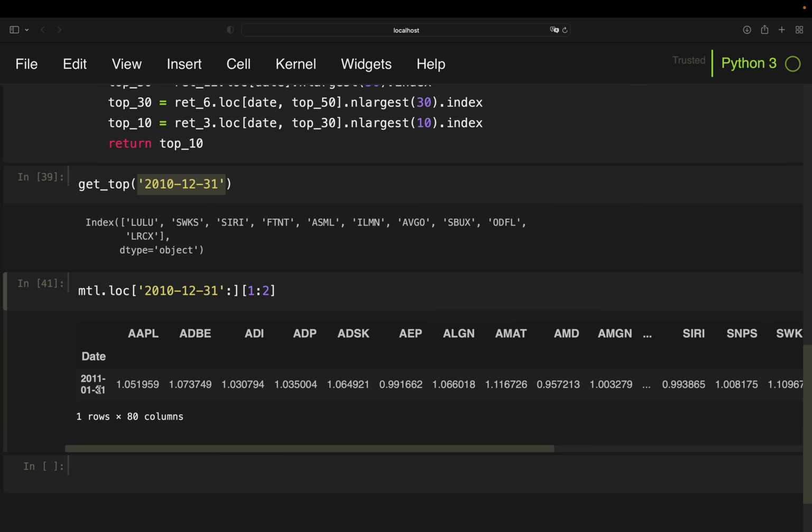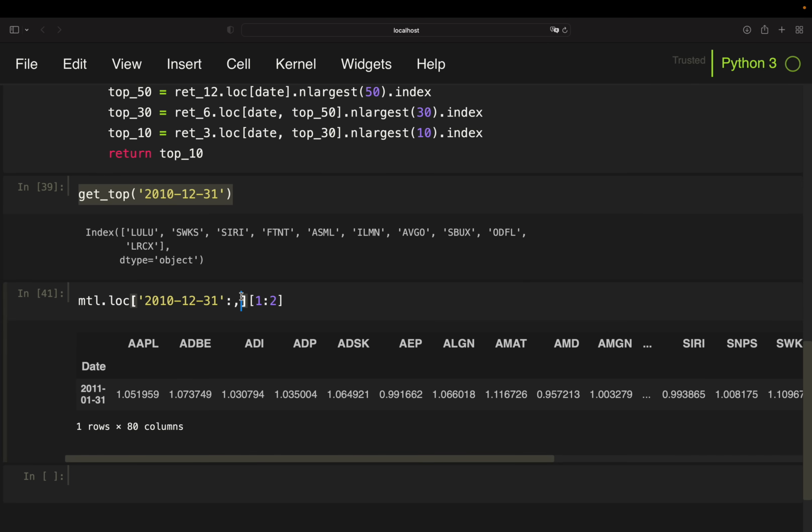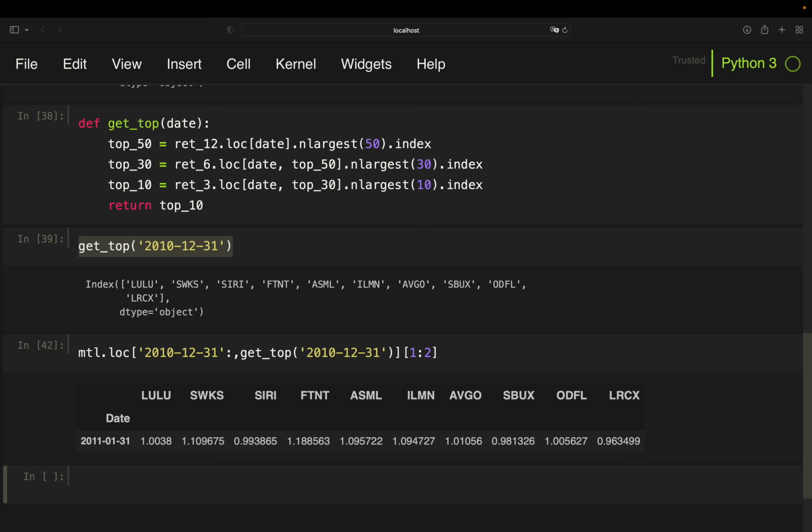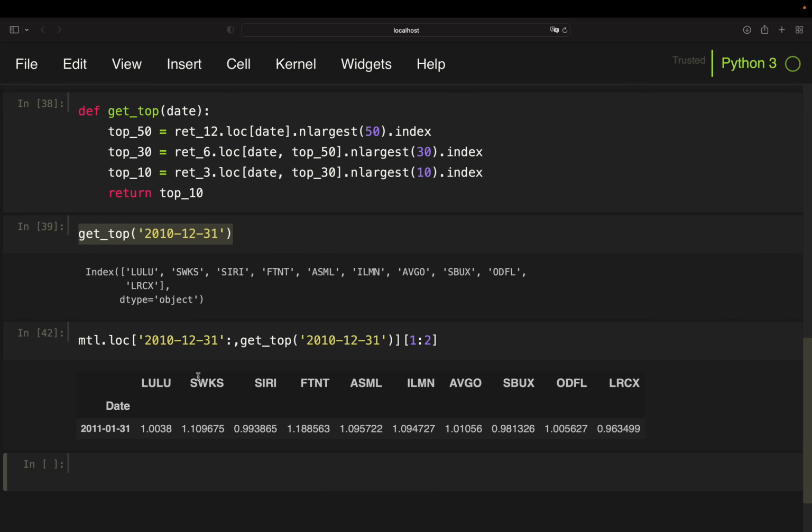So I just need the returns for those symbols now, right? So I'm simply providing those symbols here, or I could also just call the function, right, and get the symbols. So you see, I'm just getting the monthly returns in January for the portfolio formed at the end of December 2010. And you see these are the returns. For an example, SWKS was rising by 10%, and so on, right? So I could just define that as my portfolio,